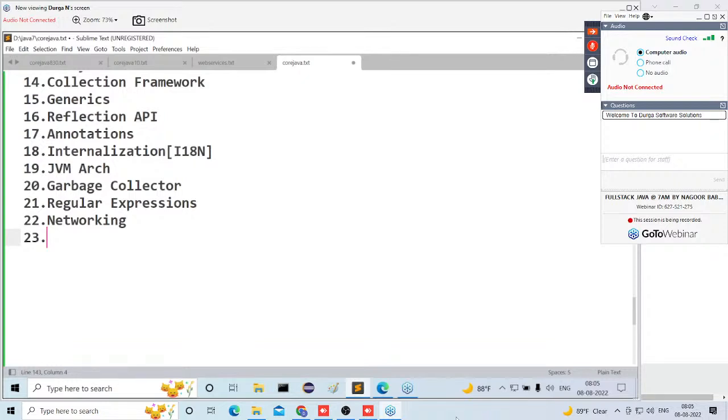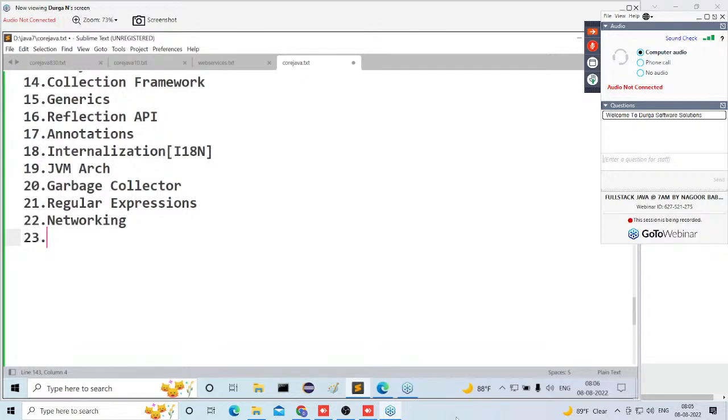But inside this networking, we are going to understand what a socket is and what a server socket is. Socket programming: how to create a socket, how to create a server socket, how to get input streams from the socket, how to send data to the client side socket, how data will be exchanged from client side socket to server side socket, how data will be taken at the server machine, and how data will be submitted by the server machine to the server socket, how the server socket will send data to the client side socket, how the client program will take the data from the client side socket, and how it is able to utilize the data.